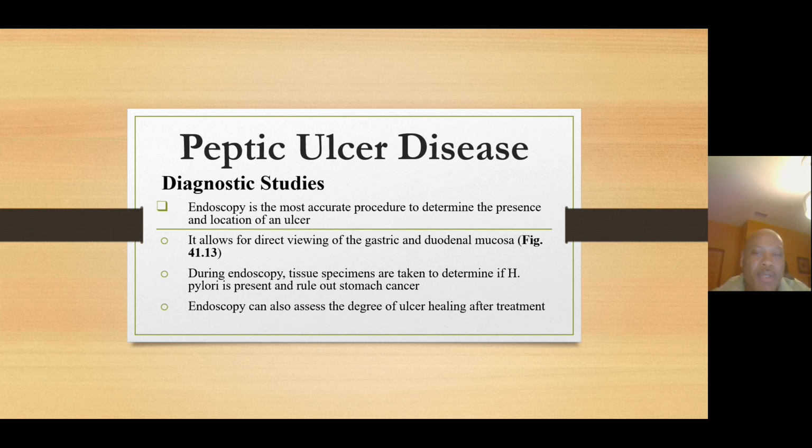Now, there are also laboratory tests, including a CBC, liver enzyme studies, serum amylase, and also stool examination. And this may be done as well. A CBC may show anemia from the ulcer that is bleeding. So as we take a look at these different laboratory tests, let's take a look at what they reveal. So CBC can tell us if anemia, if the patient is bleeding enough, then the H&H or hemoglobin and hematocrit